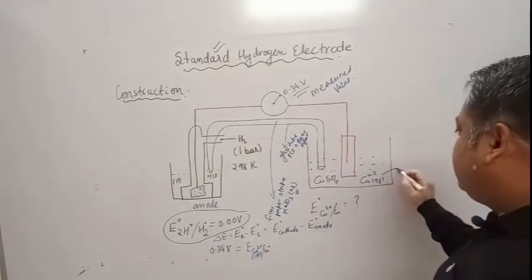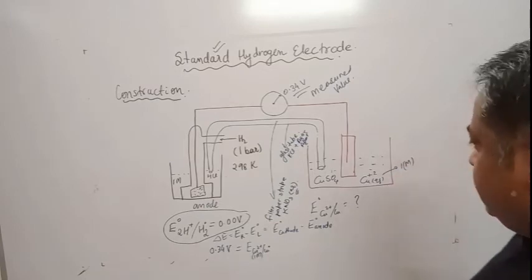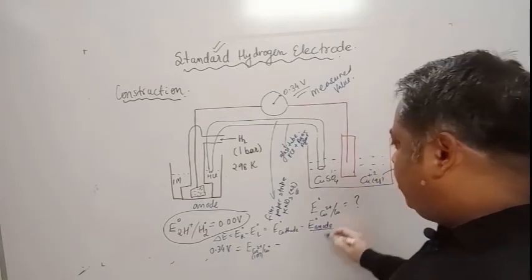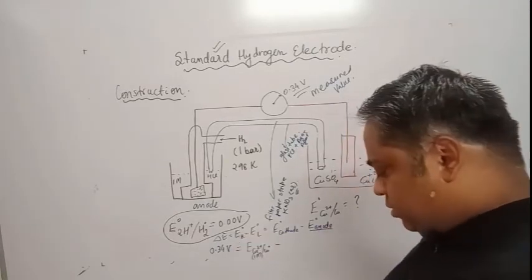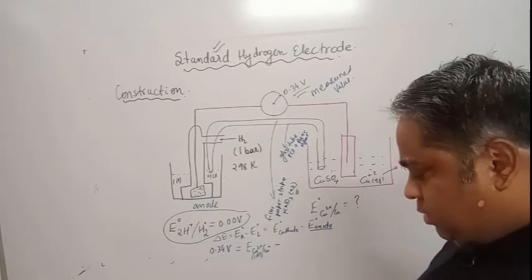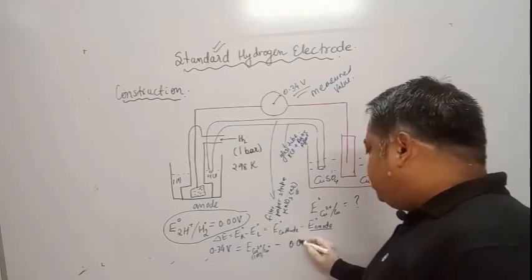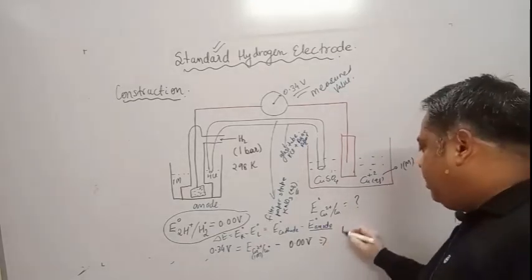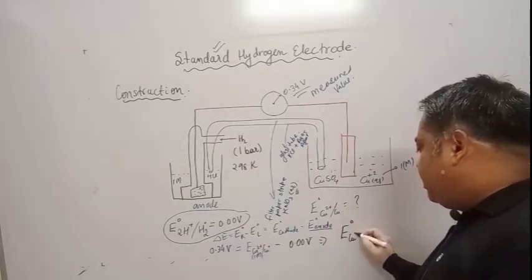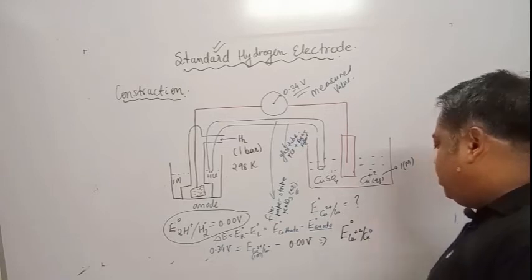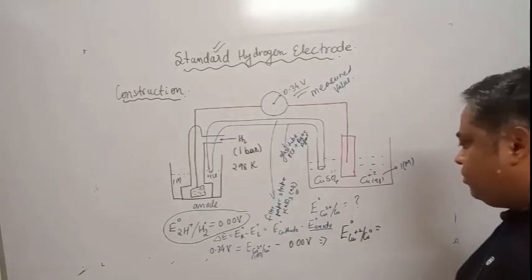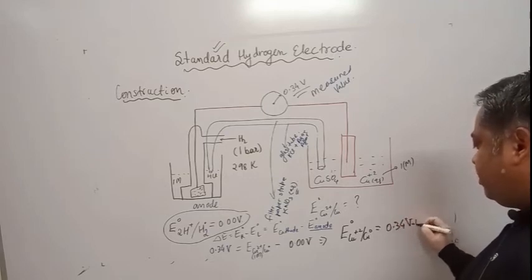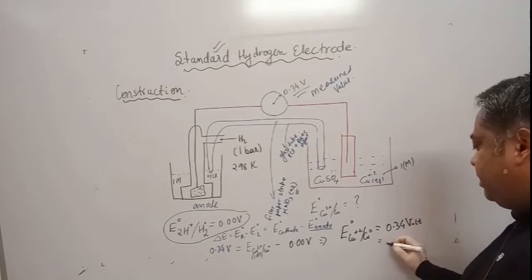Here copper sulfate is also 1 molar, minus the value of E anode, which is equal to 0.00 volt. So very clearly E standard Cu2 plus Cu comes out to be 0.34 volt,